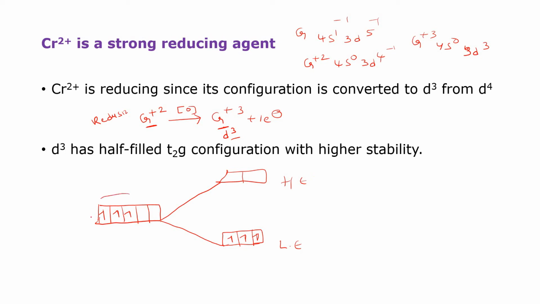Now the 3 electrons will first fill where? High or low? Definitely low. After filling low only we can go to the higher energy level. So here also this is called the t2g level. This one is called what? The eg level. Now t2g3 is also a half fill configuration, isn't it?